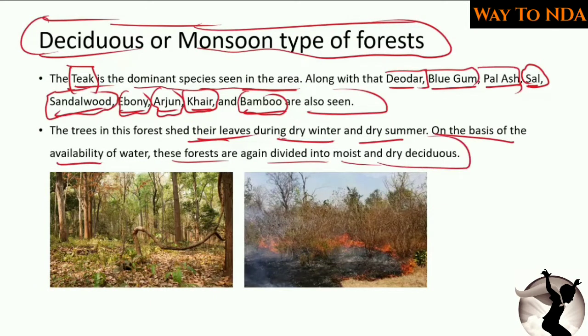तो इसका अगर आपको और divisions भी मिल जाएंगे some sources में, divided into moist and dry deciduous forest. Now remember, in the tropical deciduous forest and the monsoon type of forest, you will find that the trees shed their leaves. Now why do these trees shed their leaves? This is majorly because of the dry winter and summer season; the trees shed their leaves so that transpiration does not happen. Okay, transpiration हमें पता है कि